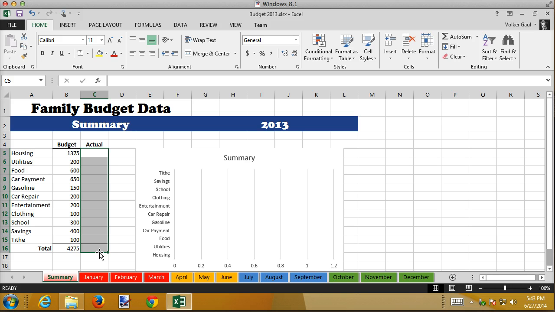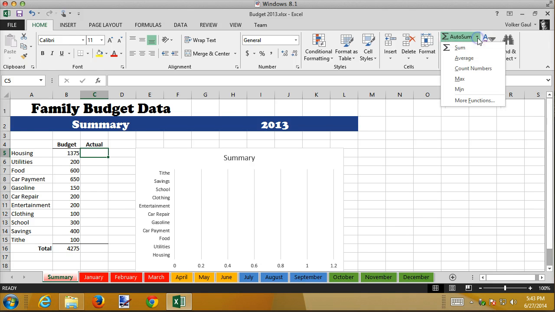I just press the delete key, and now I'm going to calculate the average amount of money I spent on housing through all of the months. This is also going to create a 3D formula where I'm referencing cells in other worksheets, but in this case using a statistic. What you cannot use is any of the AutoSum values. These only work within one worksheet. They do not allow you to create automatic 3D formulas, so I'm going to have to enter the formula